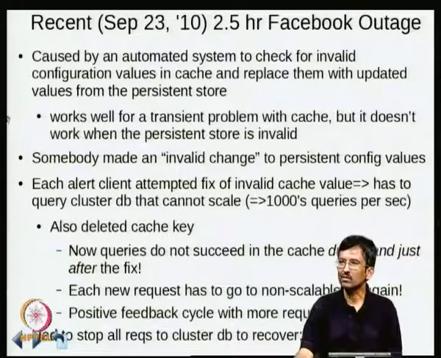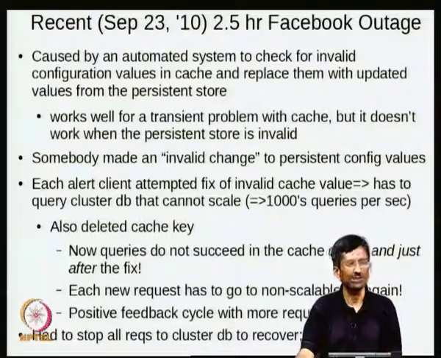Now, let us take a slightly more interesting example: recently Facebook had a fairly long outage. I am just summarizing what I understand from the blog entry that Facebook provided about why their system failed. I am just trying to give you some idea about the way real systems behave and the way they fall apart. In this system, we will not discuss the exact reasons why something exists, but we will take it for granted that there is